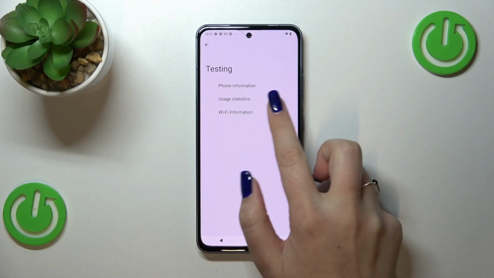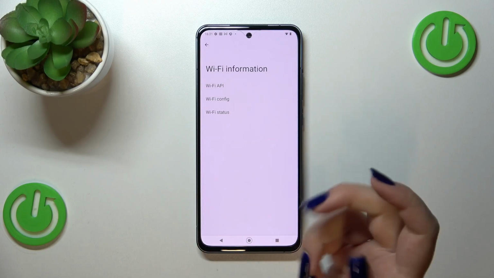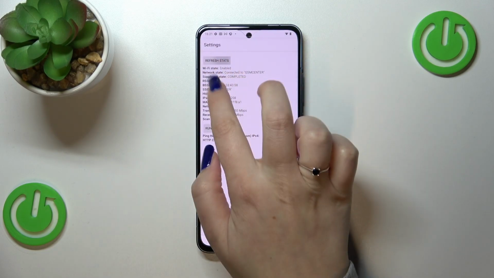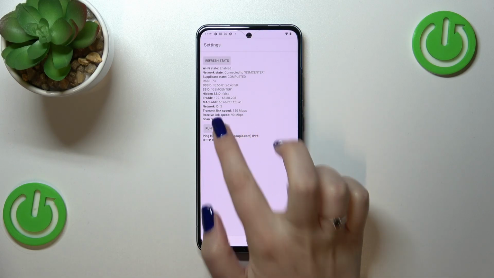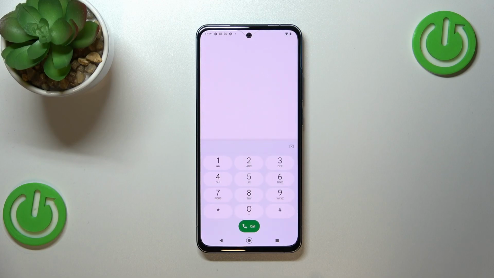Let's go back and the last one, the Wi-Fi information. As you can see here, we've got the API configuration and the status. So let's check the status. For example, we can refresh the stats, and as you can see, we've got the Wi-Fi state, SSID, or network ID. We can also run ping test here. Let me go back because that's all for this code, and let me show you the last one